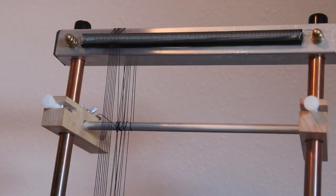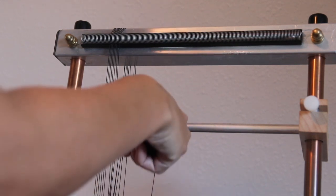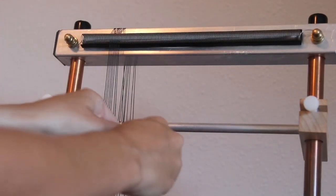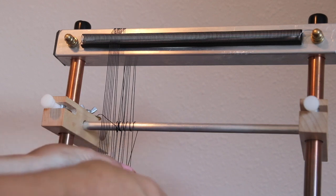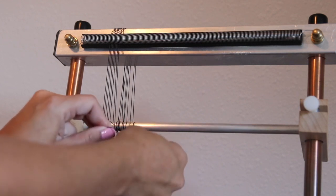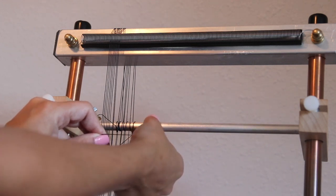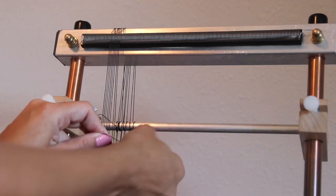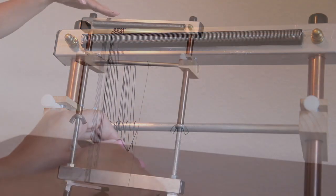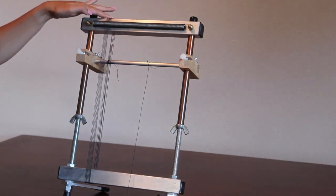When you have made your piece as wide as you need it to be, then you'll just tie off onto the warping bar, just a regular square knot. One thing that may help if you need this is to use something like a binder clip to hold the warp thread to the warping bar while you tie the knot. You can see that I have tied off on the warping bar and finished off my warp for the piece